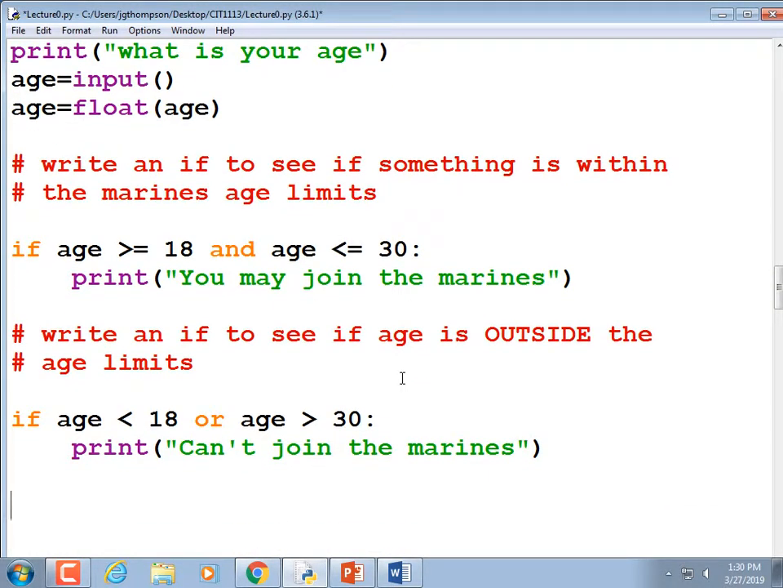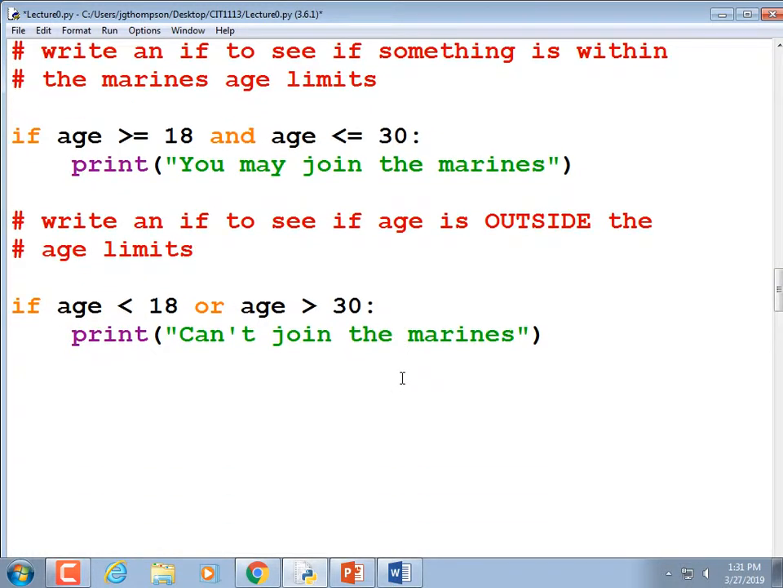And yes, there are other ways you could do that. You could have an if and then you could have an else, or you could stick a not in there or something like that. But in general, that's the simplest way of expressing it. All right, so